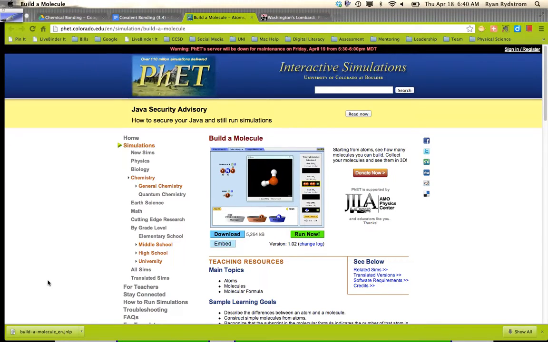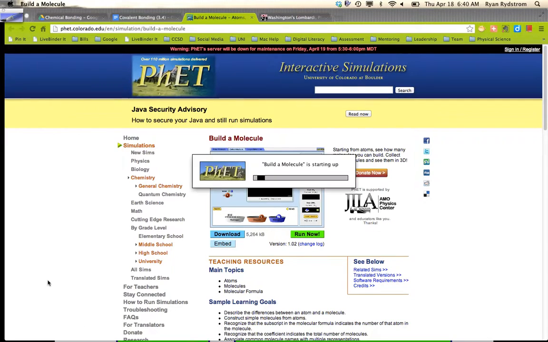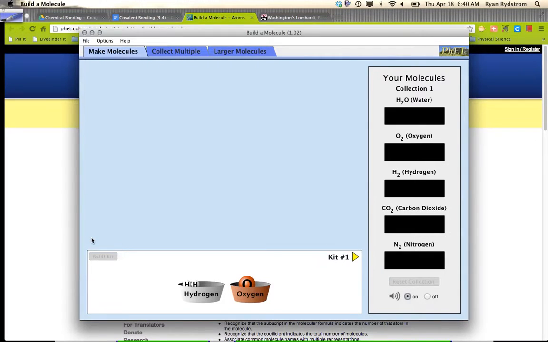Ladies and gentlemen, if it does not say Run Now and it takes you to Java, and you have to download Java and it won't let you download Java, all you have to do is click Download. Click Download and it will work, I promise. And if it doesn't, then just pair up. Be flexible, okay? So here's our build a molecule